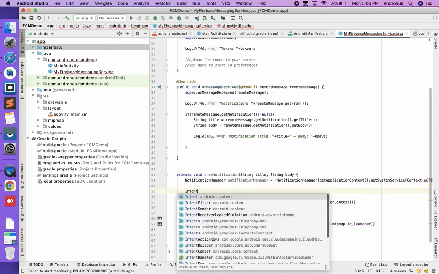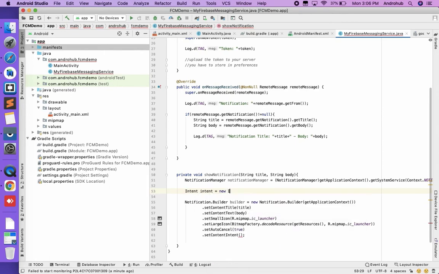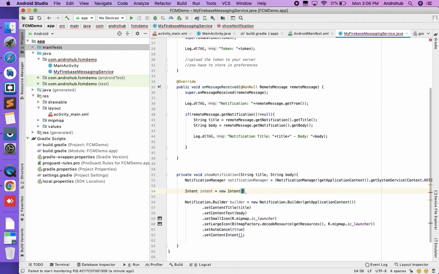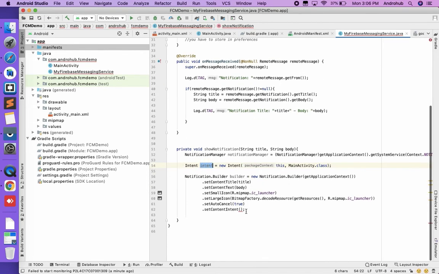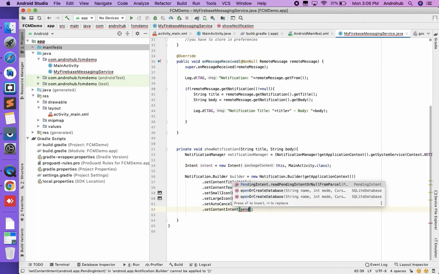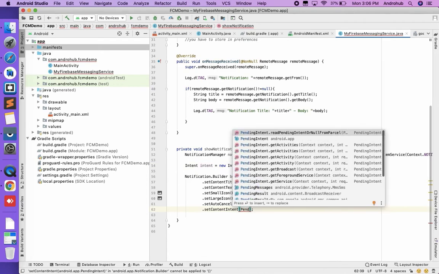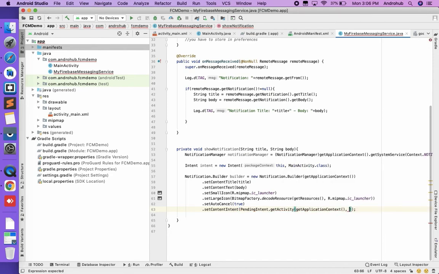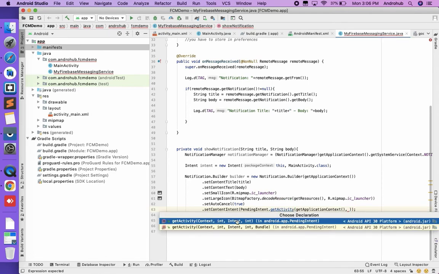So before the pending intent, we have to create the intent as well. New Intent, this to MainActivity.class, and here the pending intent. PendingIntent.getActivity, getApplicationContext(), and after that what are the other things it requires? int, intent, and int.